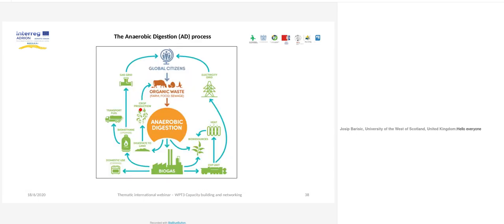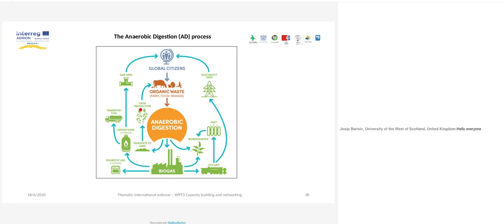You see here the anaerobic digestion process. This flow chart is showing how we reach the production of biogas. We start with the organic waste, either from farm residues, food residues or sewage. Going through the anaerobic digestion process, we produce biogas, which will be further utilized either in the CHP unit to